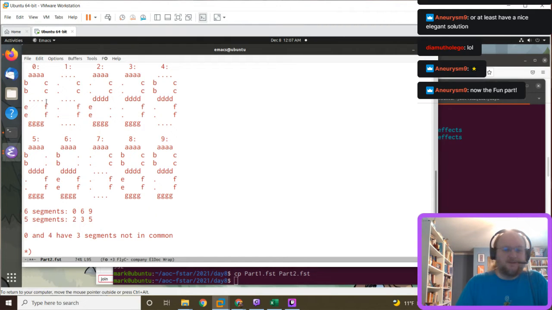That 0 doesn't have it lit, and everything else on our list does. So how can we identify it? So 0 doesn't have it lit, but 6, 2, 3, 5 do. All right, so we could deduce which is the middle segment by looking for